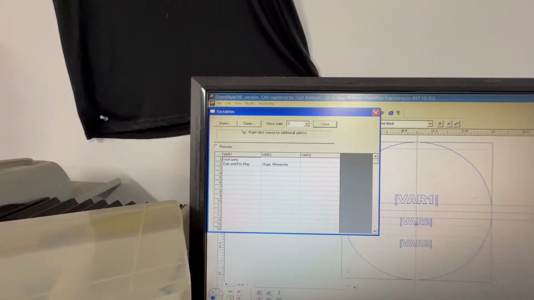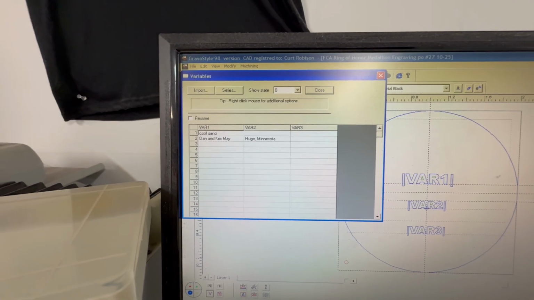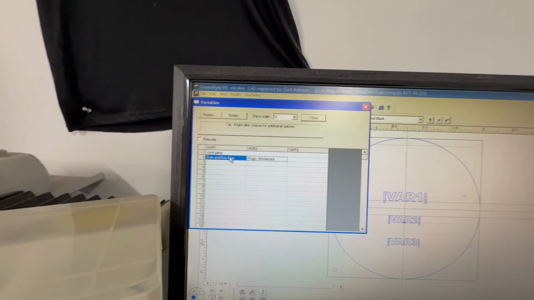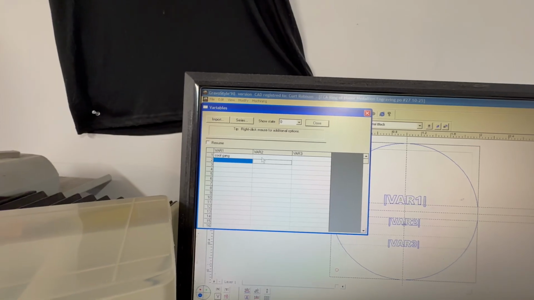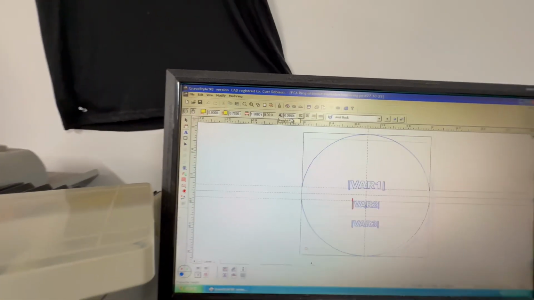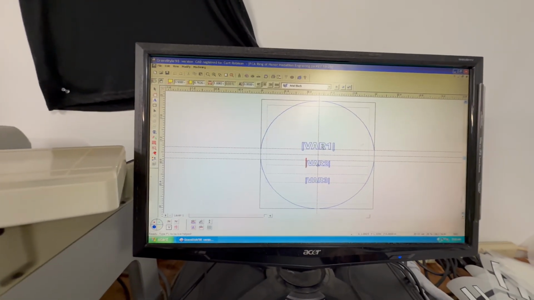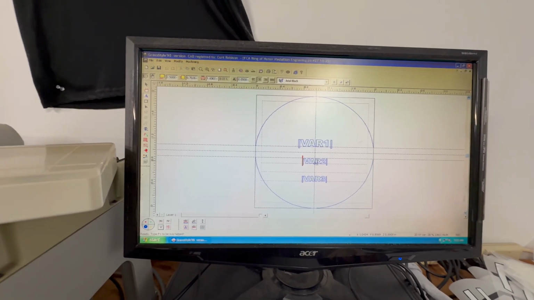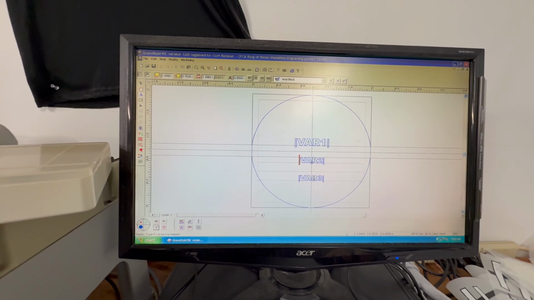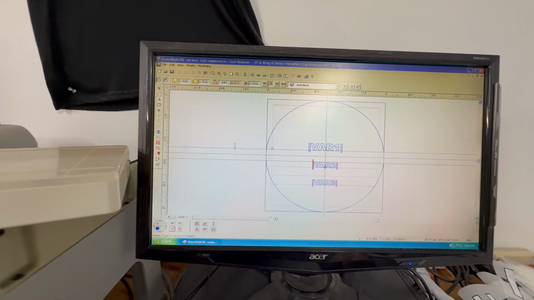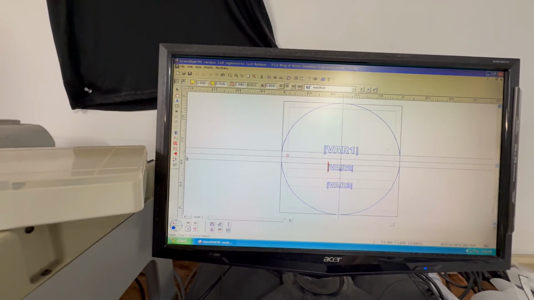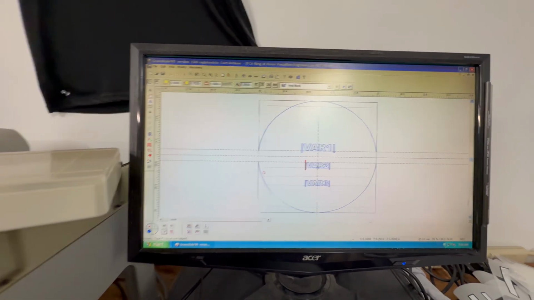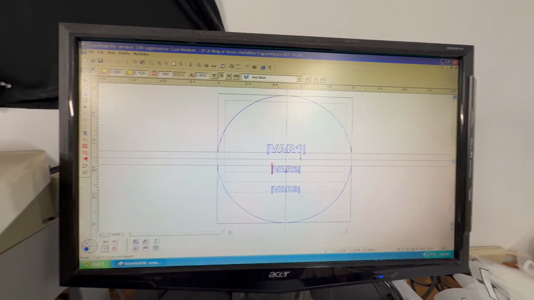All right, type in whatever you want to type, and then delete this one, and then close. Now you have edited your variable. That was variable number 1 that I edited. So when I bring this up, these two are not going to show up. Now these are straight lines where I have tagged, here's the center, here's a little bit above, here's a little bit below. And what I did was, that lets your